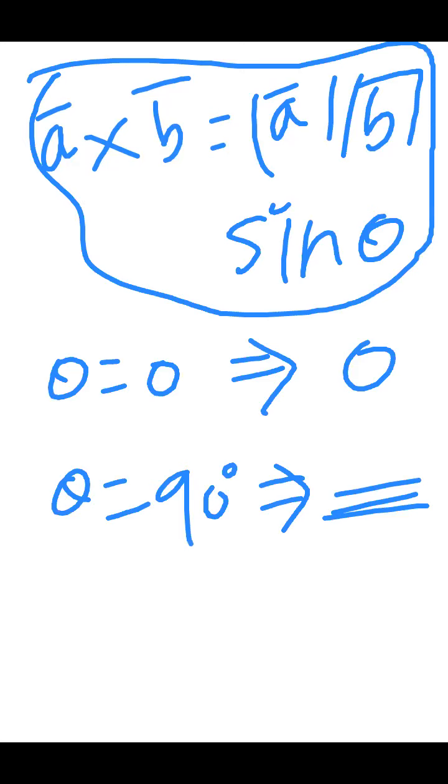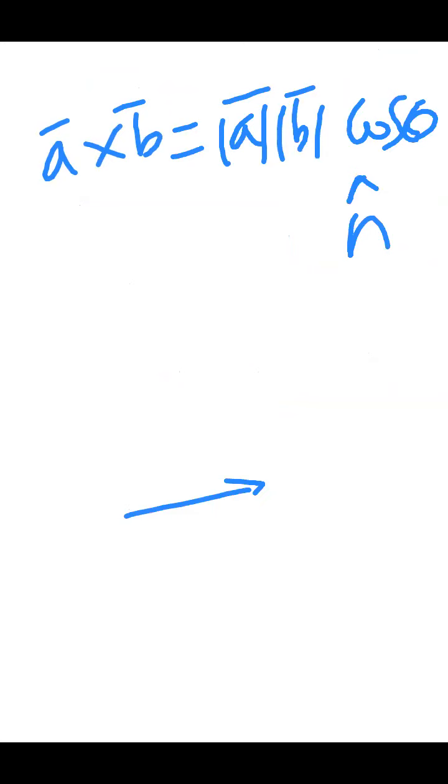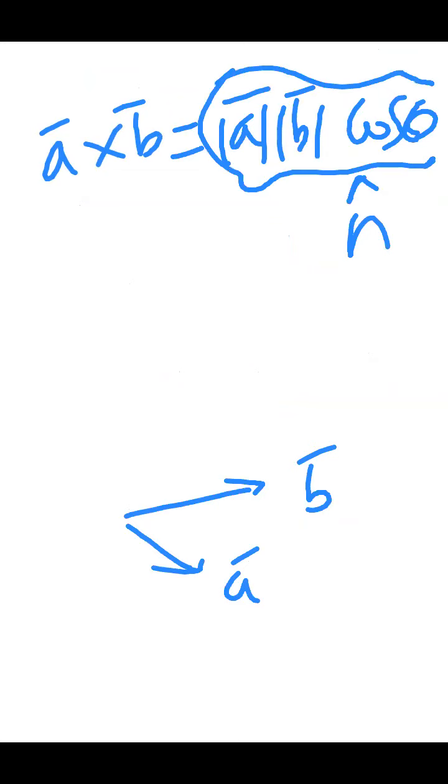And please remember, once we take the cross product, the new value will also be a vector. Clearly you have to mention this. If you have vector A and vector B, AB cos theta, this will also have some direction. Say this is my A vector and B vector, on some plane, on the base plane. I will get some answer, but this answer will be in some direction. That is the idea here.